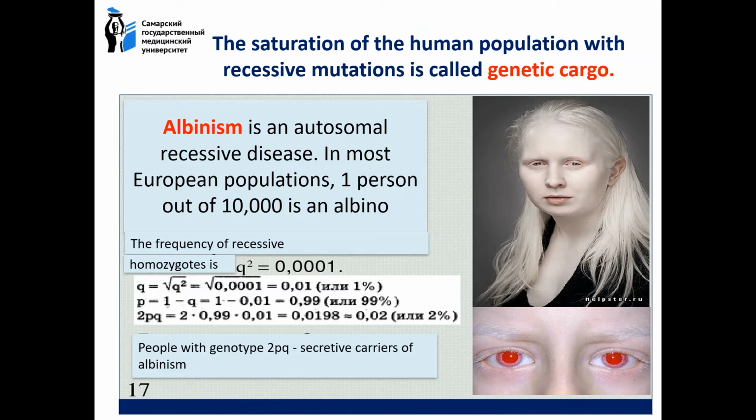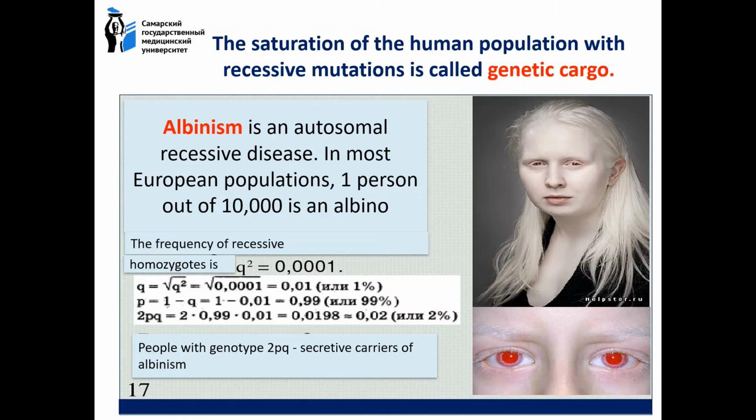The genetic cargo explains the appearance of 6% of offspring with genetic defects. For example, albinism. It is an autosomal recessive disease. In most European populations, one person out of 10,000 is an albino. So the frequency of recessive homozygotes is 0.0001. If we use the Hardy-Weinberg law, we have q to the second power equal